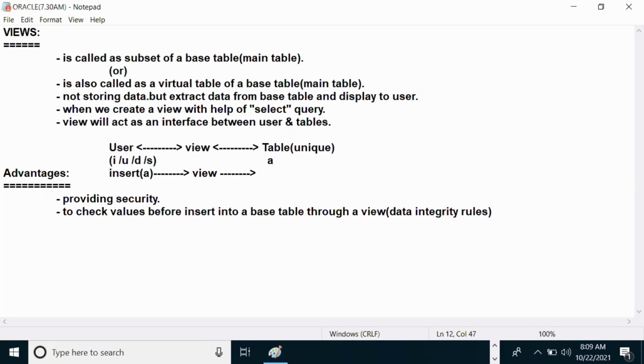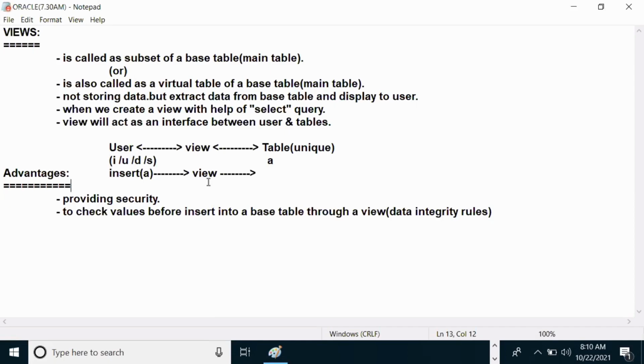The view doesn't send the data to your table, because the table already has a unique constraint. Already A is existing, and again you are sending A. So the view says, sorry, the table has a unique integrity rule, so your data cannot be allowed.